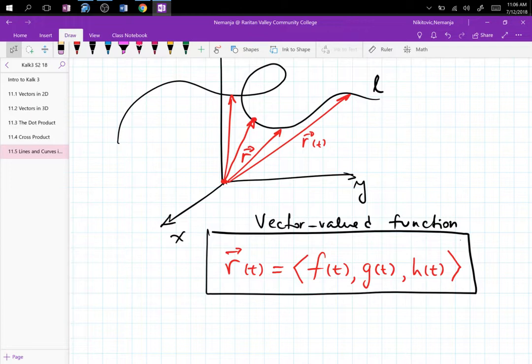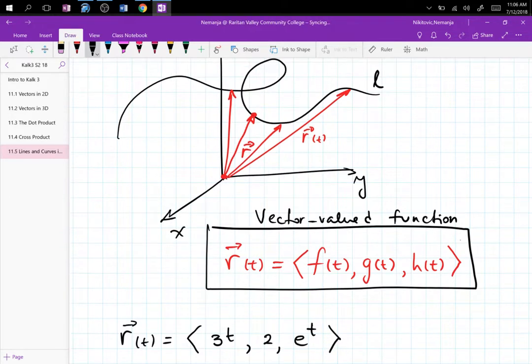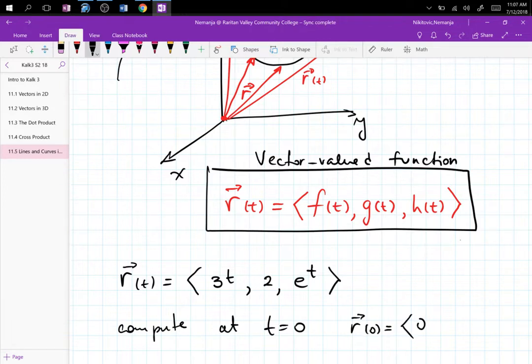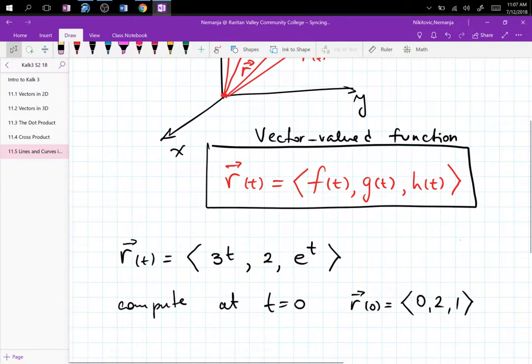So now, if I have a vector valued function, say 3t, 2, and e to the t, I can compute that vector valued function at t equals 0 and get that R of 0 is 0, 2, 1. This is a vector which we can draw in 3D space,